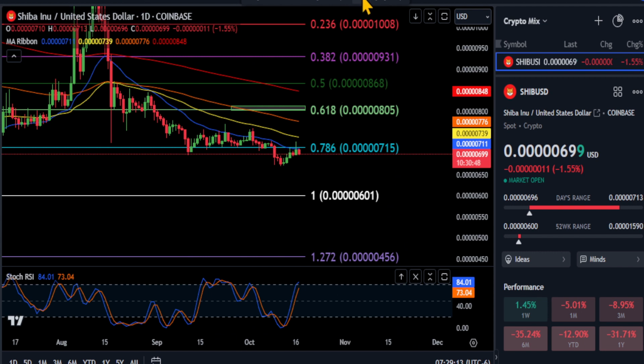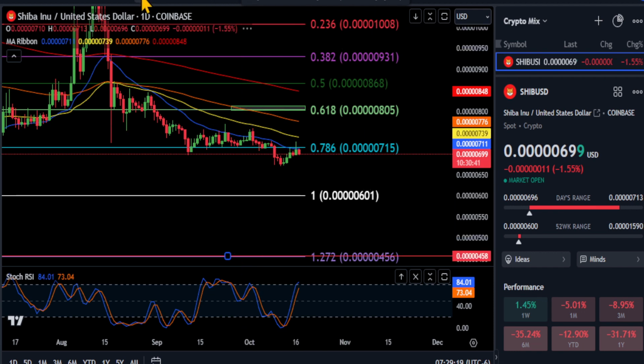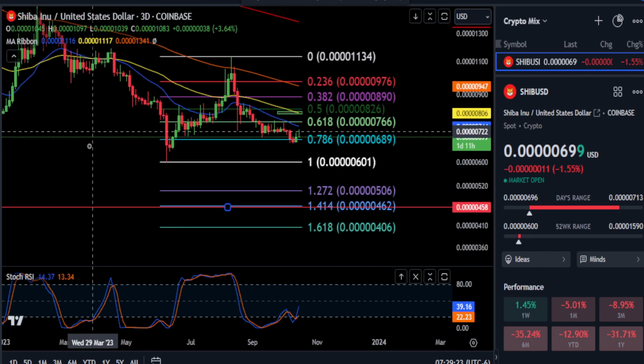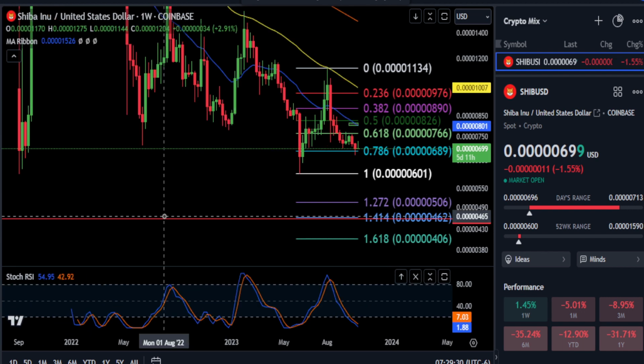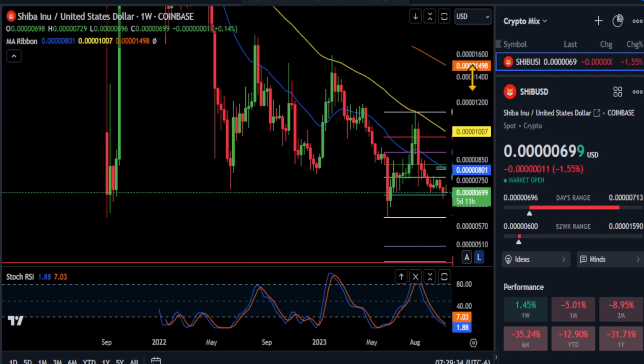Let's see if there's anything before that on the macro scale. So I'm going to mark that one out. We are going to switch to the 3-day and the weekly really quick here just to see if there's any other levels or if that lines up with anything that we can see here. Let's zoom out more to the weekly chart. And we might have to go out to the...